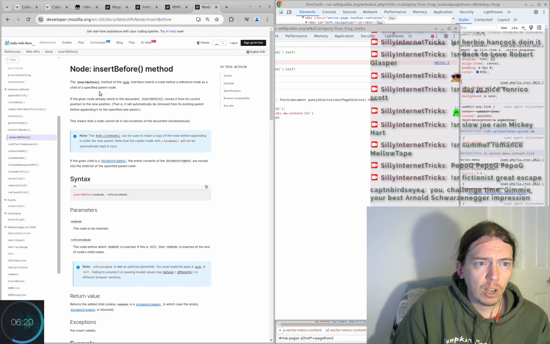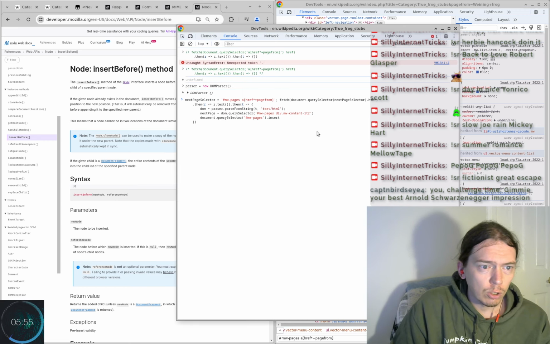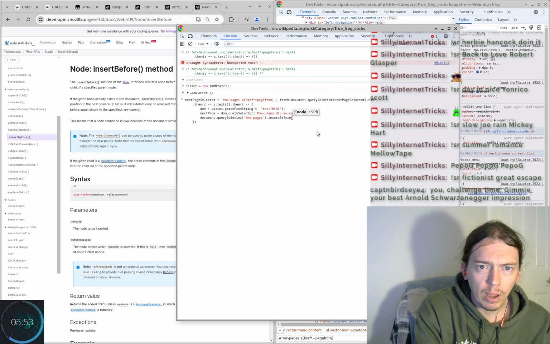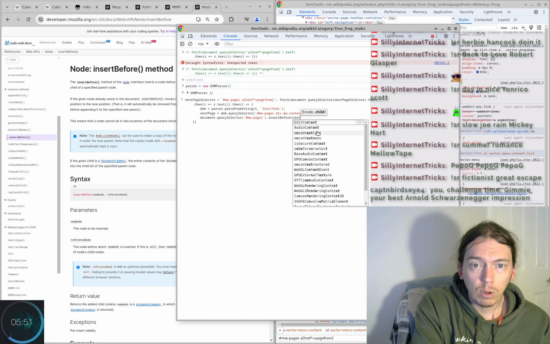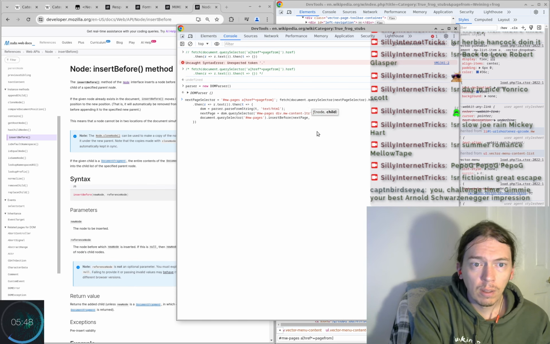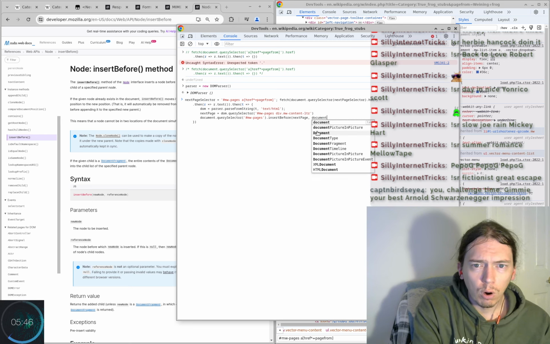Before reference node is a child of a specified parent node, so it takes a... So it's a method of the parent node, I think. New node to be inserted. Okay, so we'll say insert before, I guess. We'll insert the next page, and it will be before